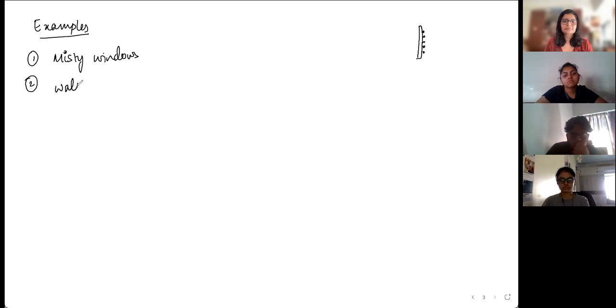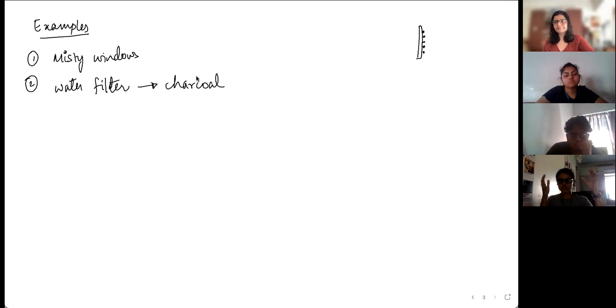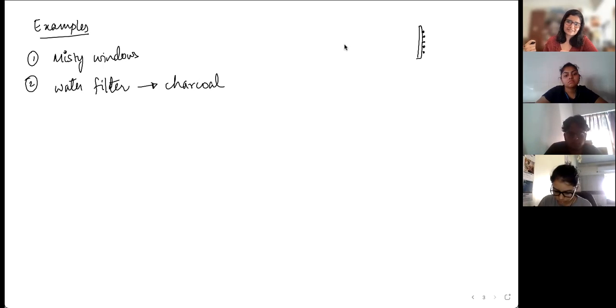Water filter, this is a good one. Have you ever used charcoal, or have you heard of charcoal being used to purify water? Doesn't charcoal act as a coagulant? Coagulant, yes, but the phenomenon that's happening there is adsorption. When you drop charcoal in water, the particles get accumulated on the charcoal itself, and then you remove it. Yes. That's adsorption, charcoal taking up all the impurities.